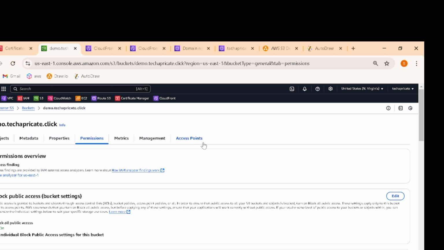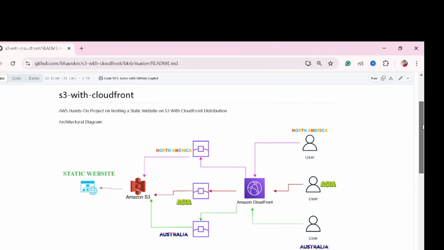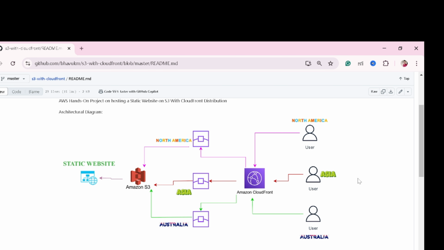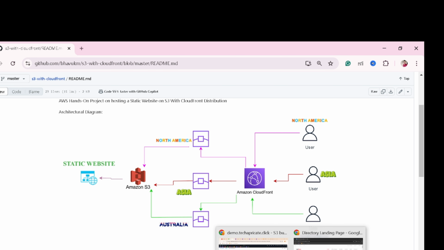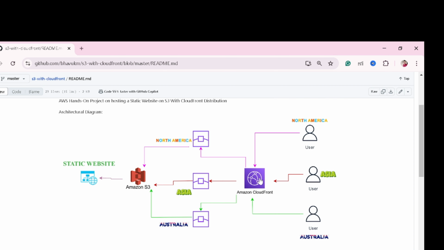Okay, I hope the concept is clear to you, how we are working together. So now if I just look at the diagram once again, you will be able to link everything together. Okay, so I am the user. I am trying to access this website on my laptop. Okay, here the request is flowing from